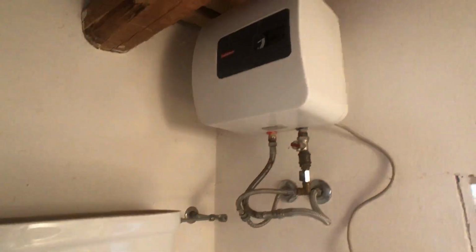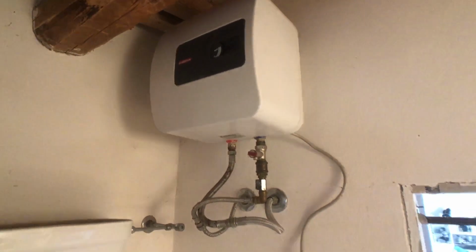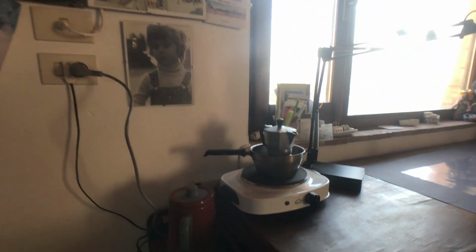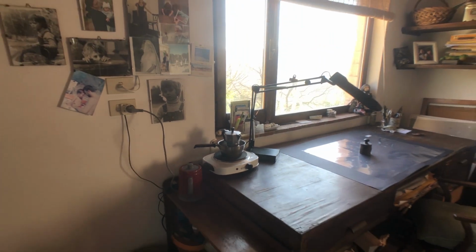Look, and it has a small electric. Here you go. I'm just going to show you that. That's an electric water heater, which I mean they're quite good. Just to give you some hot water while you're here. That's cute. So you make yourself a coffee. And